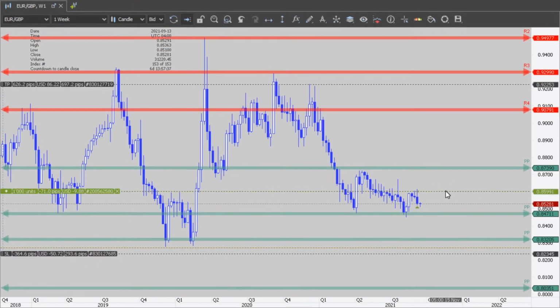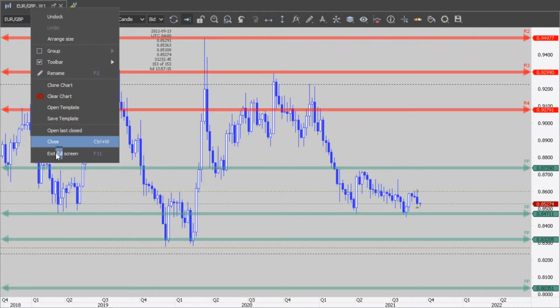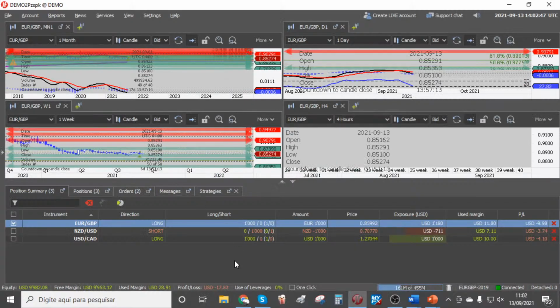This is the weekly chart, and remember I have a 20 seconds delay, but as you can see, our entry is green, the lower band is the stop loss, and the upper band, the black one, is the take profit. So business as usual, nothing changed. So this is Euro GBP.